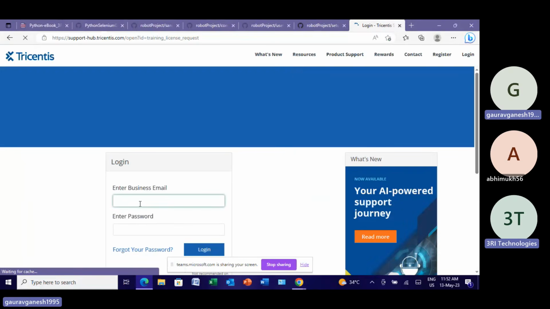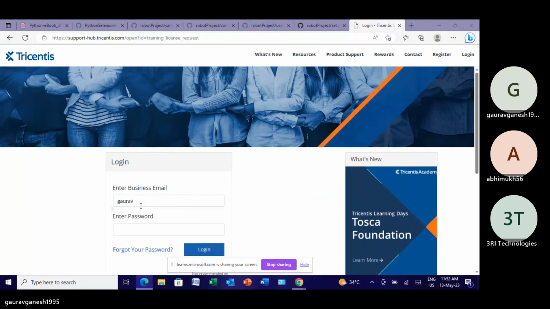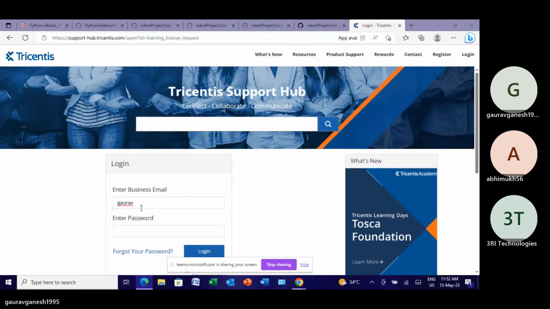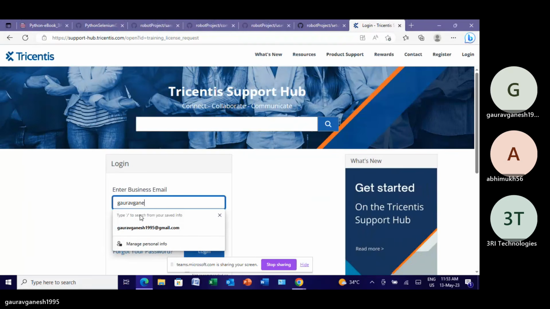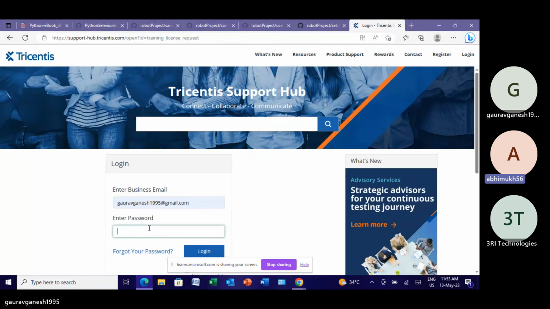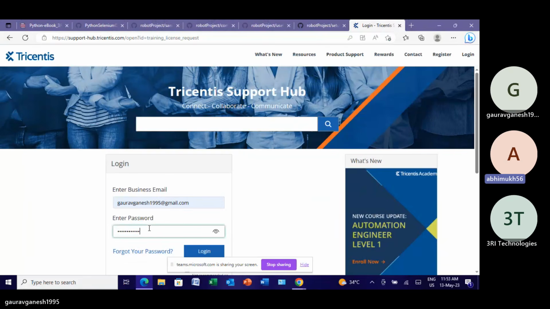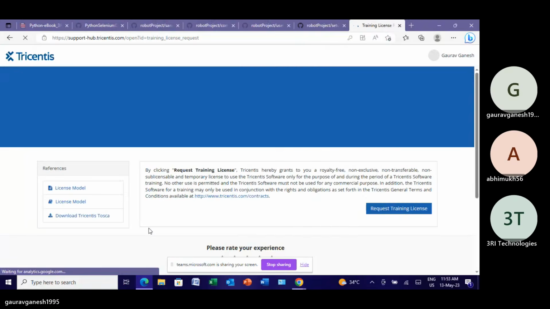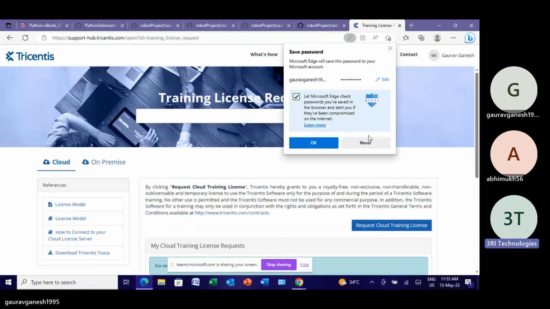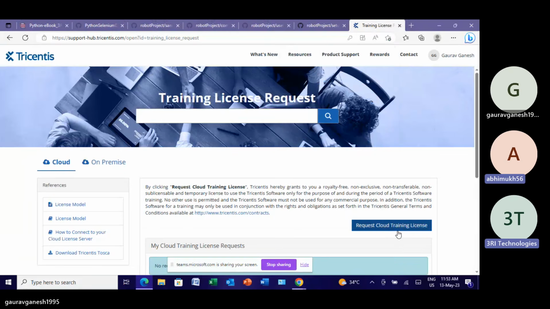Yeah, let's do it. See that blue button? Yeah, request cloud training license. You can click on it.